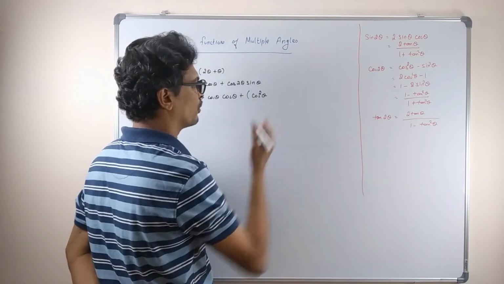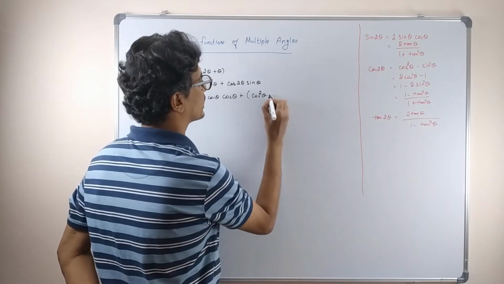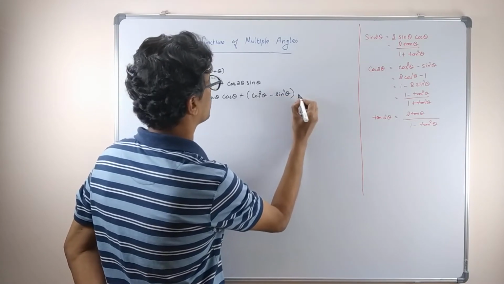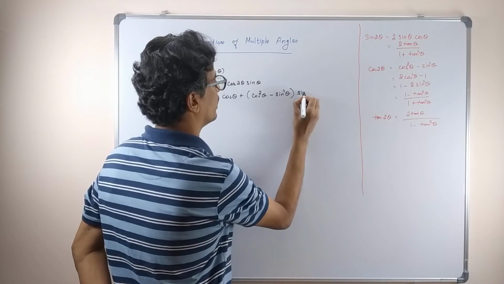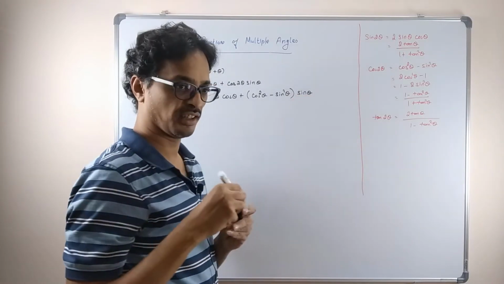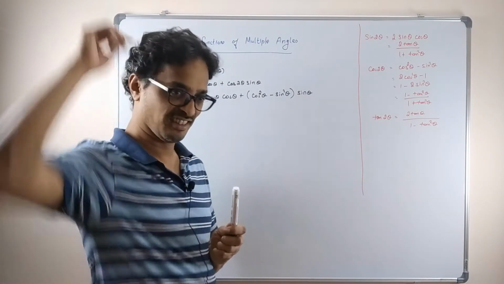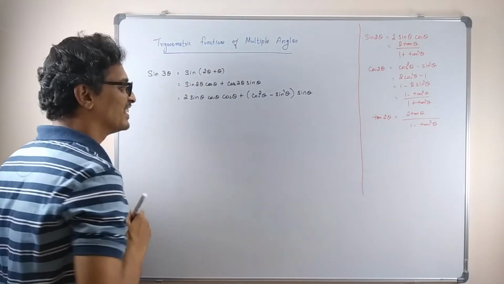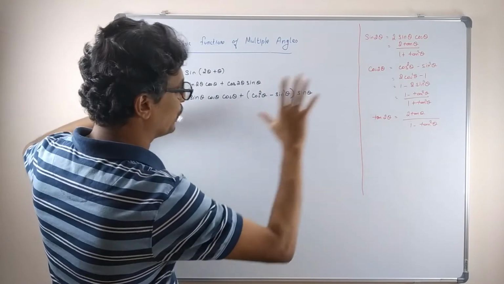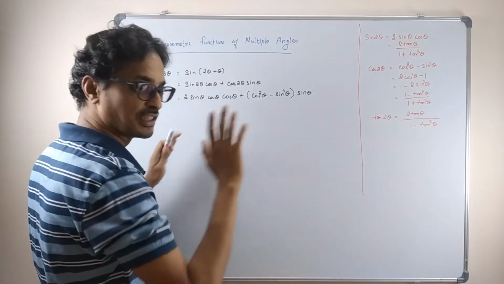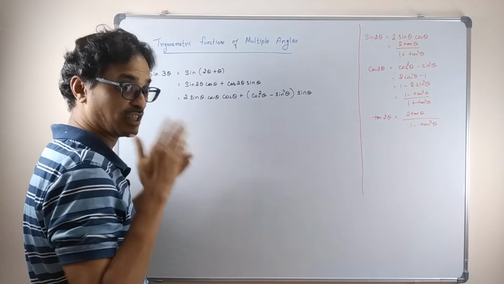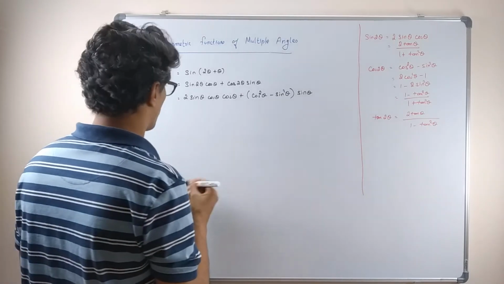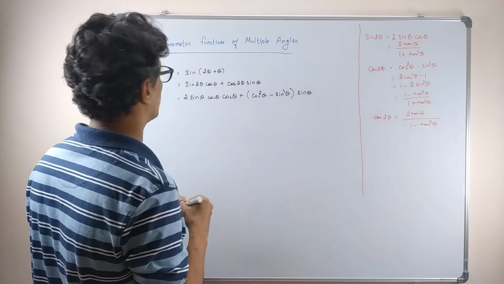What you see in mathematics is that whatever way you do it, you will get back the same answer. Sometimes you get it in a very short way, sometimes you go a longer way. You can touch the nose in both ways. You can touch like this also. But by looking at the problem, you should see which method will be easier. That is a judgment you have to make. As you keep on doing, you will get that practice. The more problems you do, the more judgment you will get.